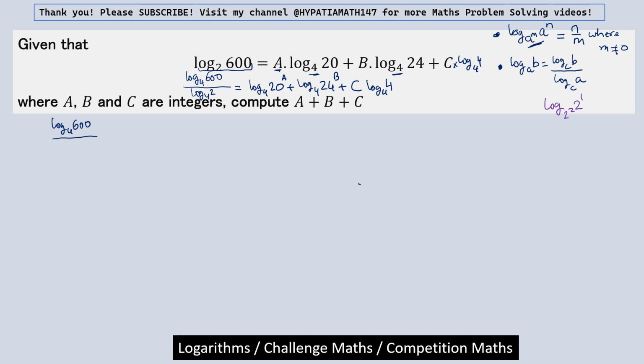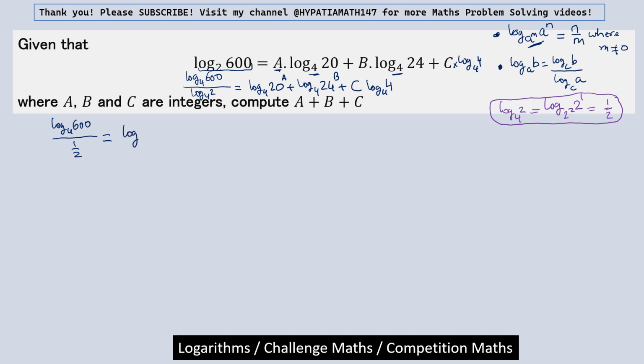So that is equal to log to the base 4 of 2, and that is equal to 1 out of 2. So this is to be remembered. I will be using that, so I can write it here divided by half, and that equals